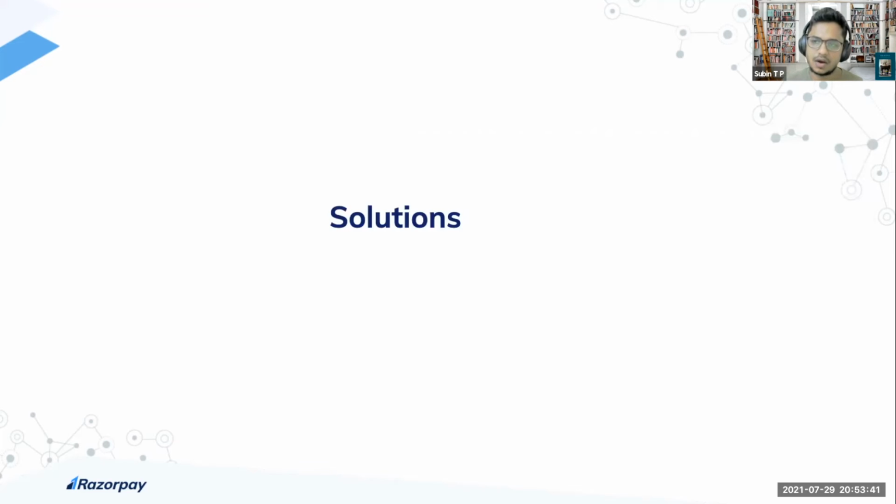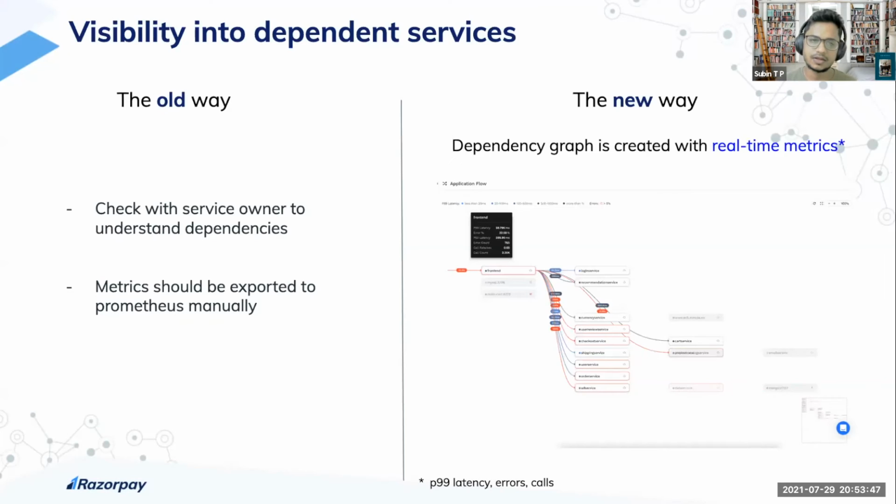Now I will share how we have used Hypertrace to solve these issues. The old way to understand dependent services while debugging an incident was to check with the service owner or dive into the code. The new way using Hypertrace is very easy. Hypertrace automatically creates an application graph from the traces, and it also shows the connected metrics. For example, what is the P90 latency from the front end to the recommendation service, and the red mark indicates the service is creating errors greater than 5%. This is very helpful to figure out where the issue is happening quickly.